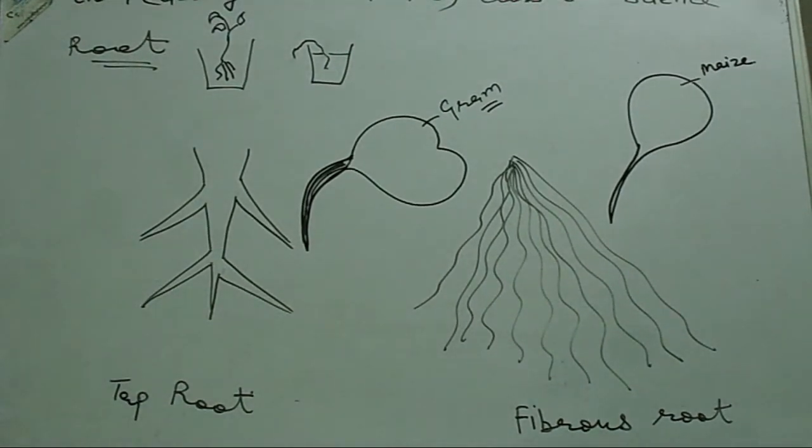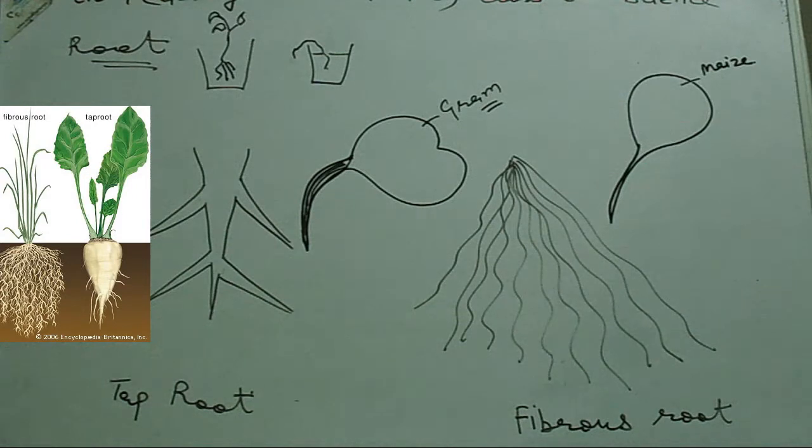So now we are getting to know about the most important part of the plant, that is root. And to know about the root, first of all we have to see what kind of roots are there. Is the root in all the plants the same or different? And to find that out, the first activity we have to do is take any two herbs near your house,